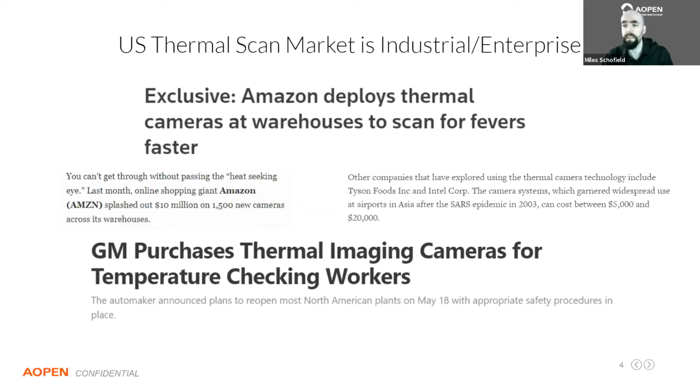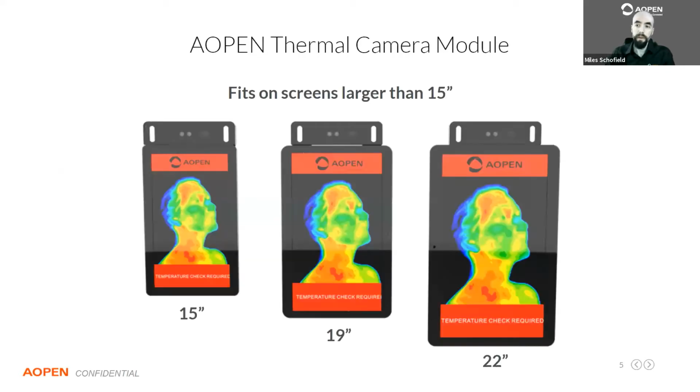Not GM retail, but the production and the manufacturing and things like that. So we know that these solutions are very valuable in tracking parents of children and required workers, or essential workers as they call them. And of course, factory workers, like places like Amazon warehouses and GM warehouses and any other place where you'd have to have thousands of people entering. Right? So the main product that we want to announce today for a thermal camera solution is the AOPEN thermal